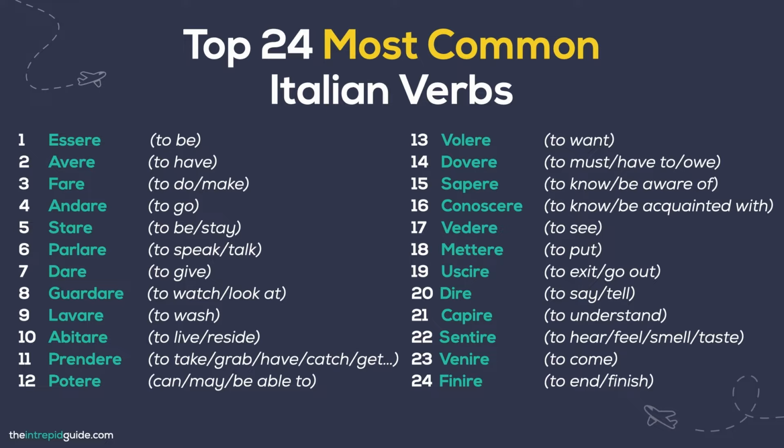Essere, to be, avere, to have, fare, to do, to make, andare, to go, stare, to be, to stay, parlare, to speak, to talk, dare, to give, guardare, to look at, lavare, to wash, abitare, to live, to reside, prendere, to take, grab, have, catch, get, potere, can, may, be able to, volere, to want, dovere, must, have to, owe,